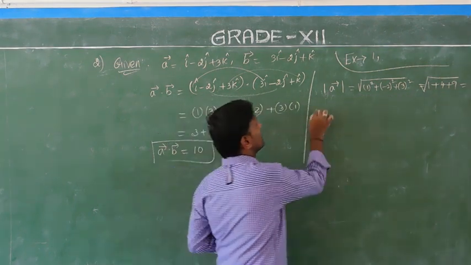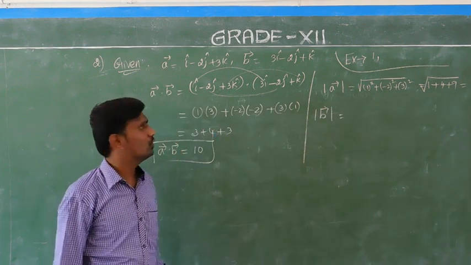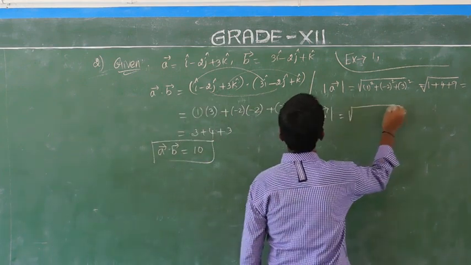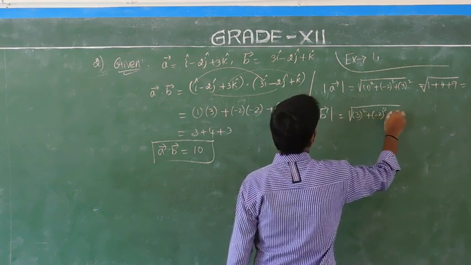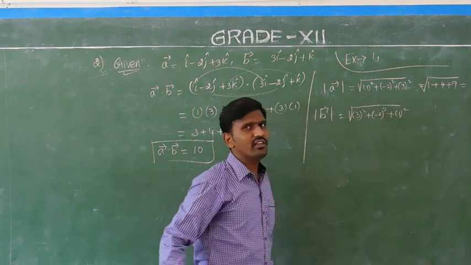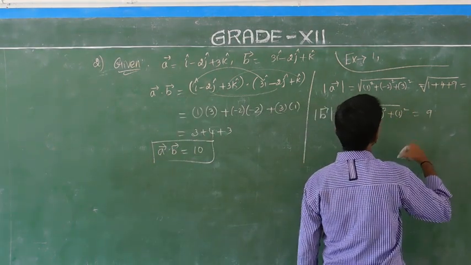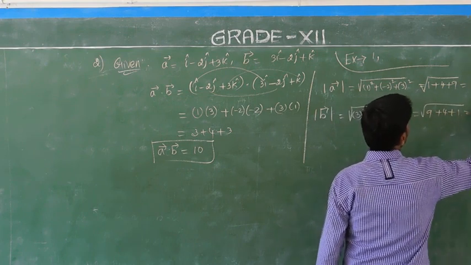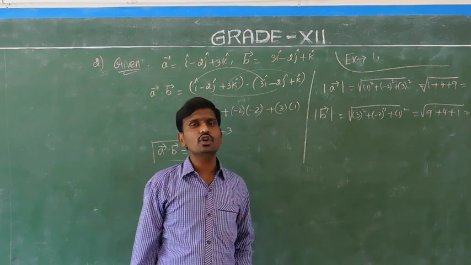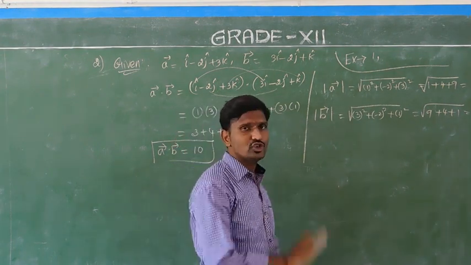Okay. Then as per the same, we want to take the magnitude of the vector b. So how to take this? Tell me. 3 the whole square plus minus 2 the whole square plus 1 the whole square. Okay. Now 3 square is 9, 2 square 4 and 1 square 1. So we get the same as a, which is equal to square root of 14. Root of 14. Okay. Have you understood?